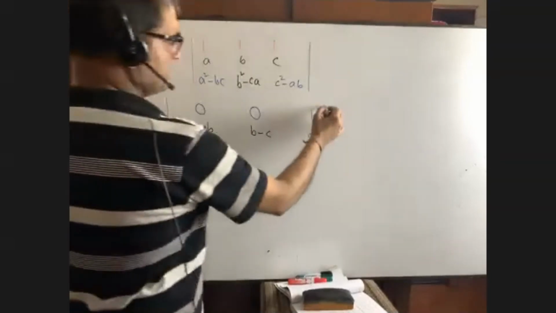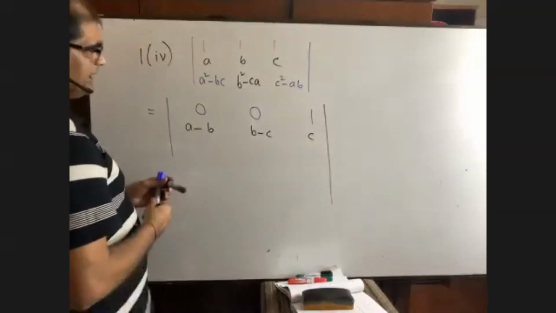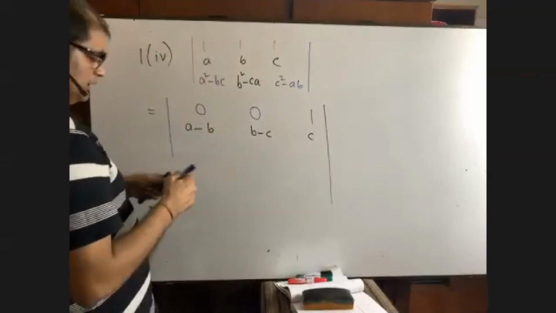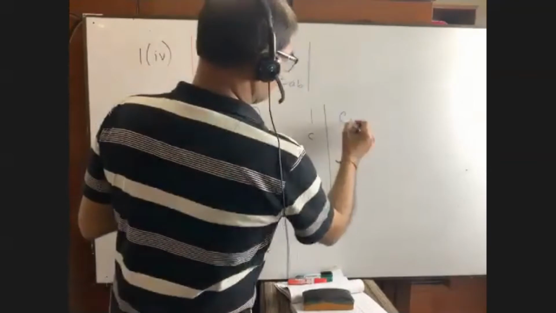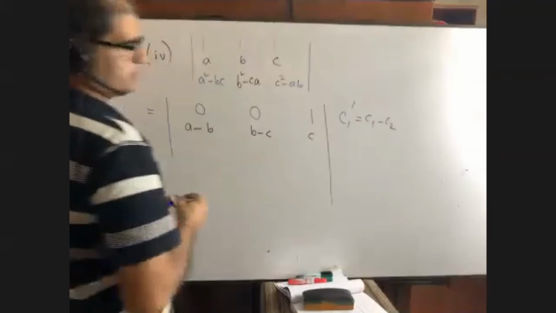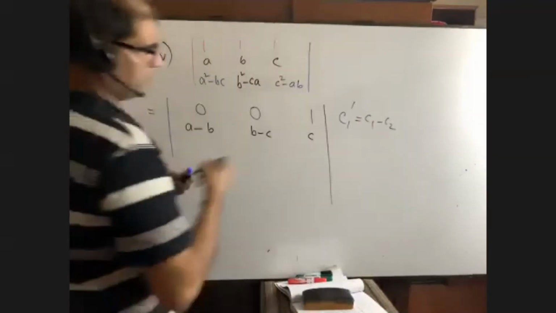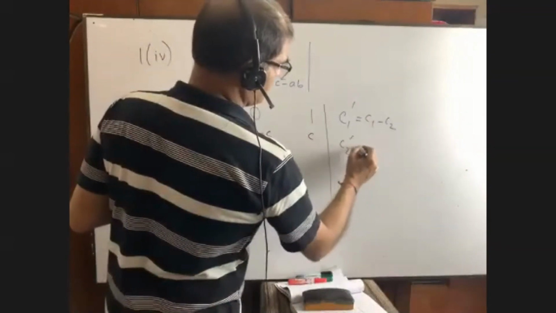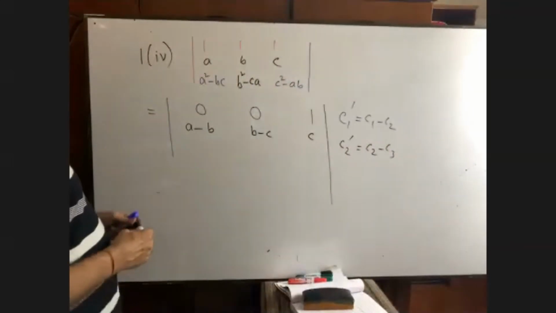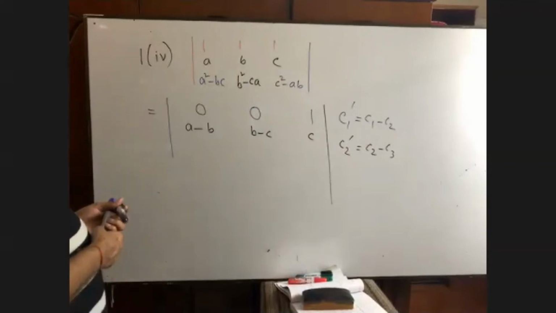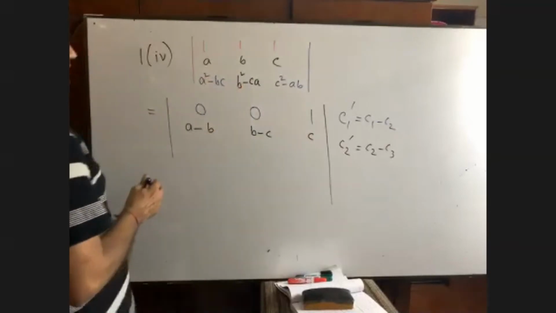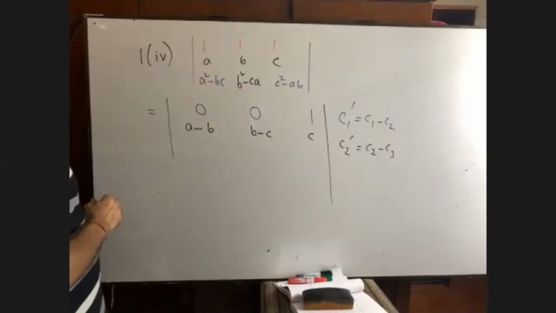Actually, what I am going to do here is column by column. First column is equal to column 1 minus column 2. Second column is equal to column 2 minus column 3. Column to column subtraction. The subtraction is going to be held from column to column. Can you please let me know what will be here if I subtract?